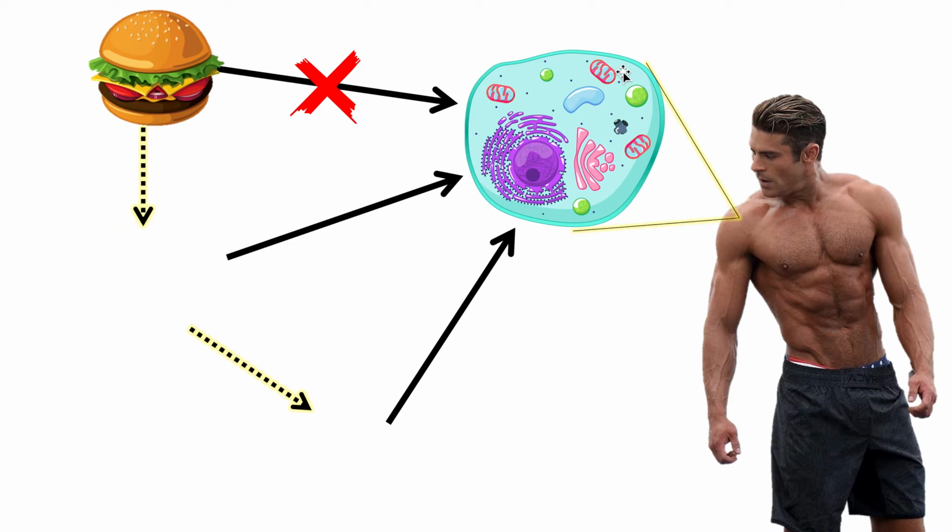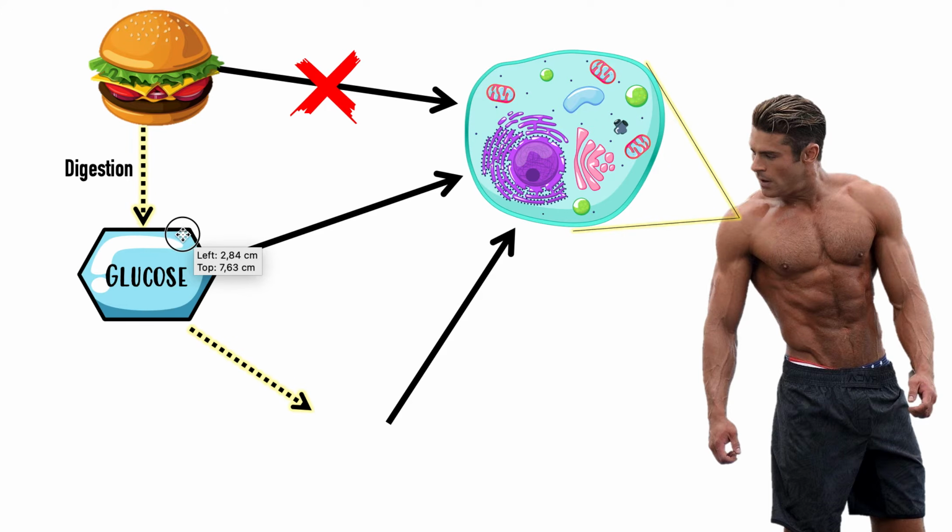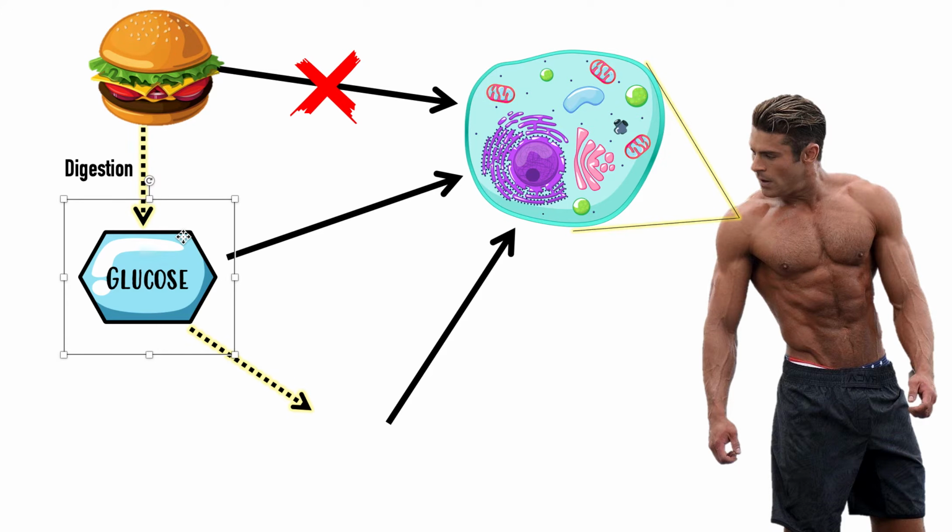So what our body does first is it breaks down this burger into smaller pieces, right? So we call that digestion. Our digestive system, like our stomach, like our intestines, and a lot of enzymes and all that will break it down into smaller pieces, what it's made of. So for example, little amino acids, glucose, all those little monomers, right? Because we know we have fats, we have carbohydrates, we have proteins, we have nucleic acids. So it's going to break it down into those components. So now they're small enough to be absorbed into our body, right? So we're just going to use glucose here as the example. Obviously, this could be amino acids, could be lipids, but glucose is the most common, so let's use it.